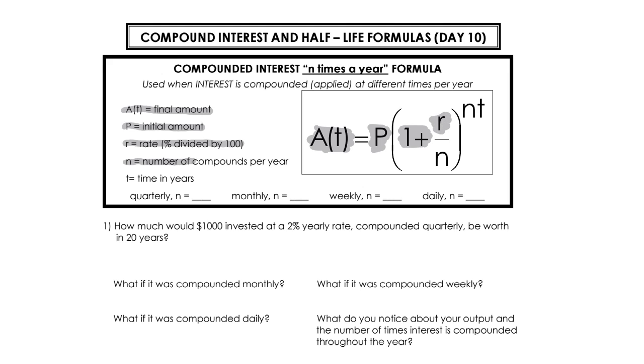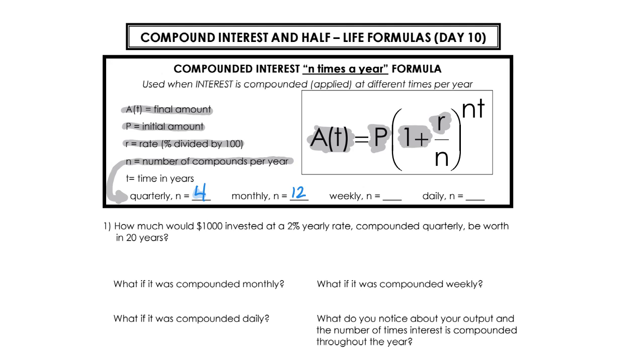n is going to represent the number of compounds per year, and that's down here where we're going to talk about that. Sometimes they're going to compound quarterly. Quarterly means 4 times a year, and so our n value will turn into a 4 if they're talking about compounding quarterly. Monthly, there's 12 months in the year, and so if they're talking about monthly, that n will be